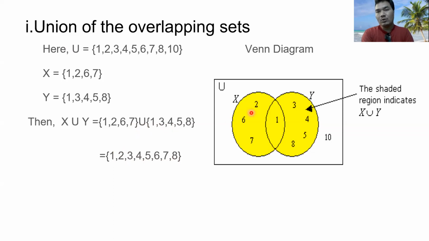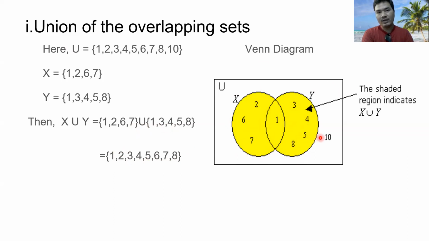And then how to show them in Venn diagram, you can draw like this, okay? First of all, this is universal set, and they are overlapping sets. That's why draw this one circle, and another circle here, they should overlap. And right here, common element. That's common element 1. And what are remaining in X? 2, 6, 7 right here. And 1 is common. That's why what are remaining in Y? Then 3, 4, 5 are remaining.